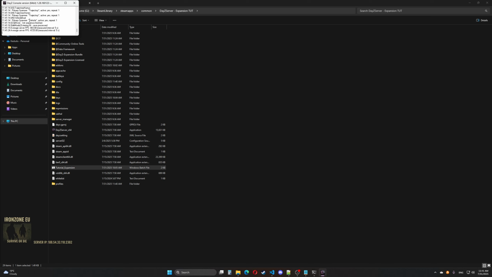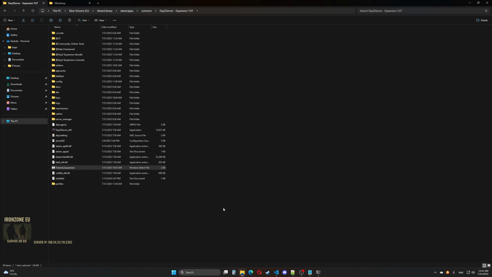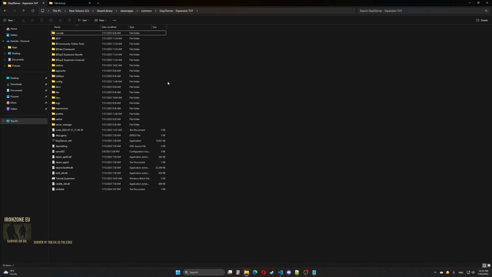Now our server finished installing. It's running. When you see it entering and start showing FPS, maybe it's not showing for you, but when you see this line, then you can just turn off this window and this window, because now we're done with installation. We now continue from here.